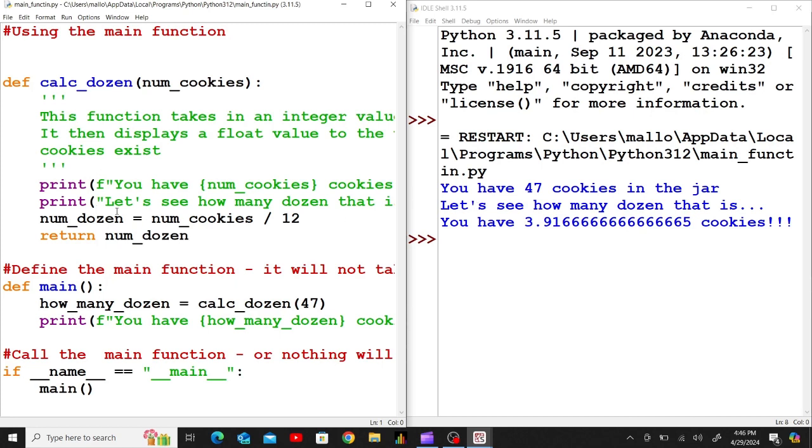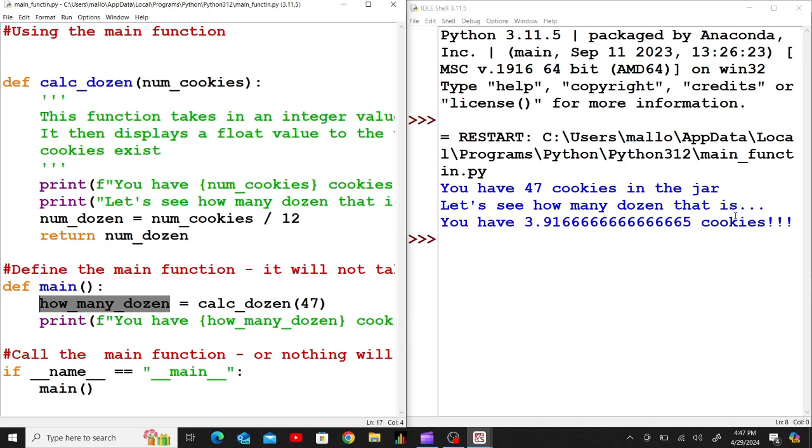And the math happens. We calculate the value for num dozen. That's returned to where we call our function, and we've created a variable out here on the left-hand side of our function to catch that value when it's returned to us. And then we have a print statement. You have, in our case,